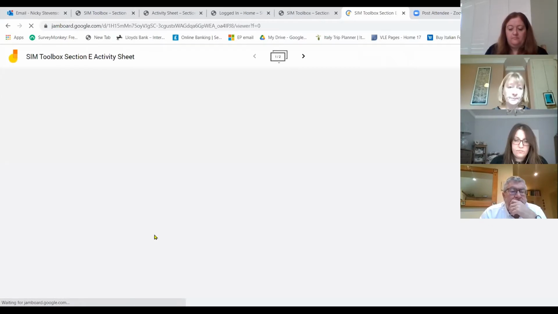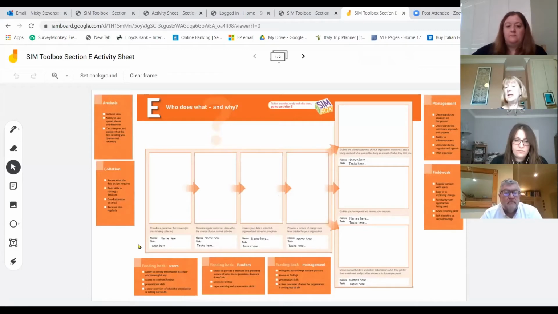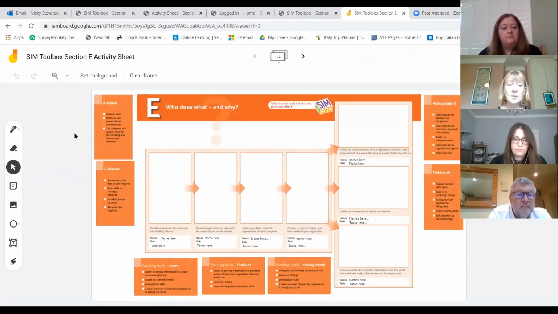Now, what you get here is an exercise that you can do on your own or as a group. And I'm sorry, the print isn't very clear at the moment, but it's in this box here, it says